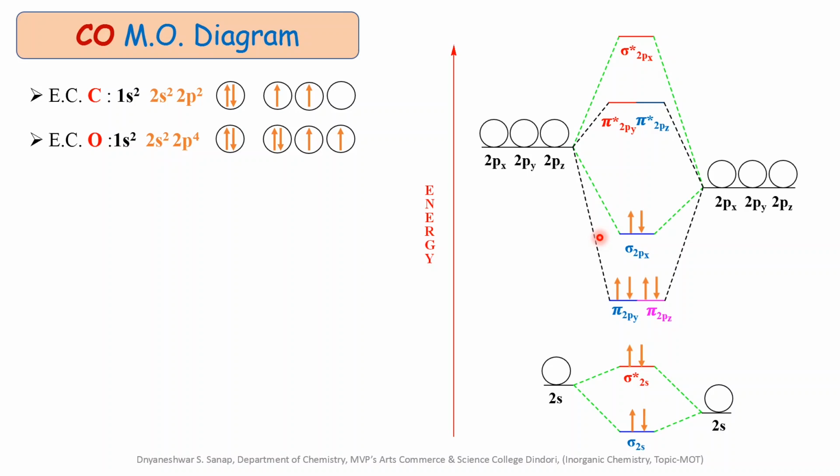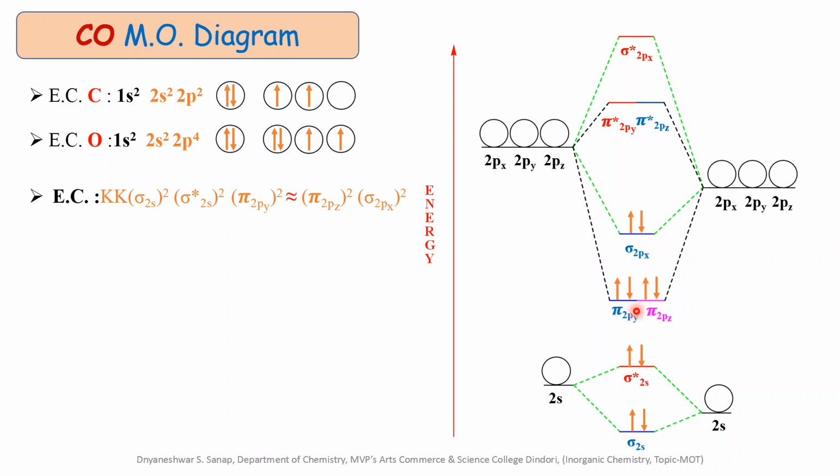But before writing the electronic configuration for the molecular orbitals, we have to keep in mind there is a first shell of each atom, that is in the carbon as well as in the oxygen, in which 2 electrons are present, and this shell does not participate in the bonding. That's why we first write K in the electronic configuration to indicate the presence of first shell electrons in the atoms. After that, we write the number of electrons in each molecular orbital in increasing order of energy, and that's why the electronic configuration is K sigma 2s2, sigma star 2s2, pi 2py2 = pi 2pz2.